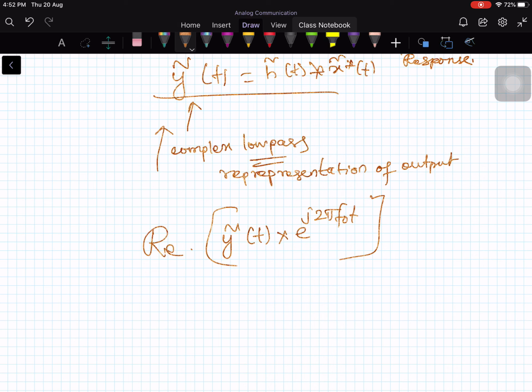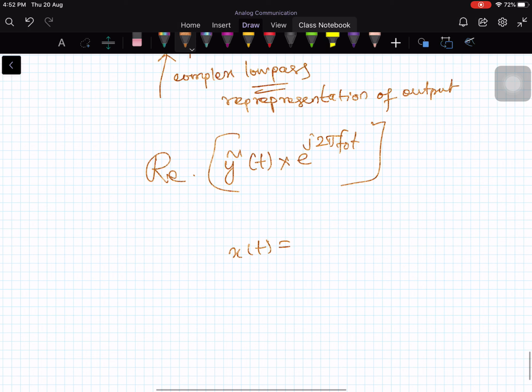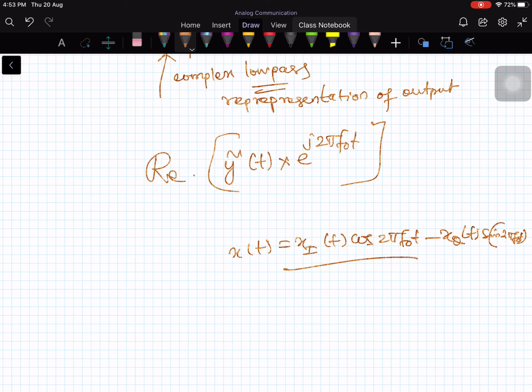Okay, so the advantage is I do not have to write these lengthy trigonometric expressions which will always be there in the band pass signal representation. Because if you recall, it is the in-phase component times cos of 2 pi f naught t minus the quadrature component times sin of 2 pi f naught t. So sin 2 pi f naught t and cos 2 pi f naught t, all these terms will come and torture us. So instead, you can simply work in the low pass version of your band pass signal and the low pass version of your band pass system impulse response, and in shortcut you can get the result.